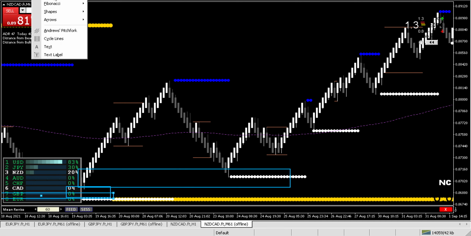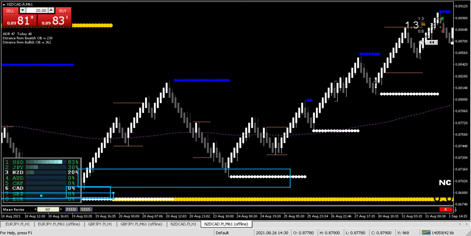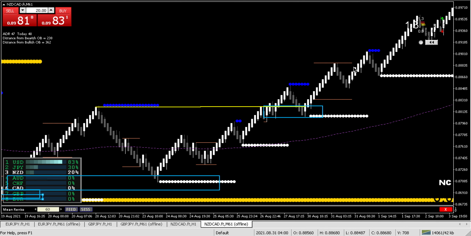So really, if you want to wait for the actual structural break here, as some people do, that's what they wait for. Instead of minor structure breaks, they wait for the major structure break, which will be right here. It comes back down into this order block, and that's when you'll be able to take it